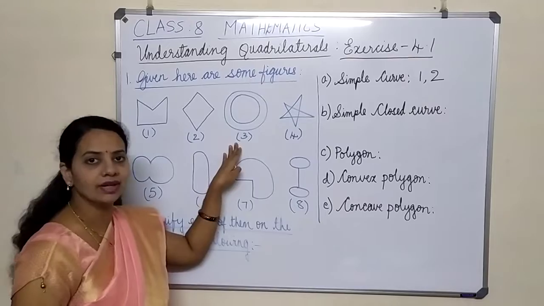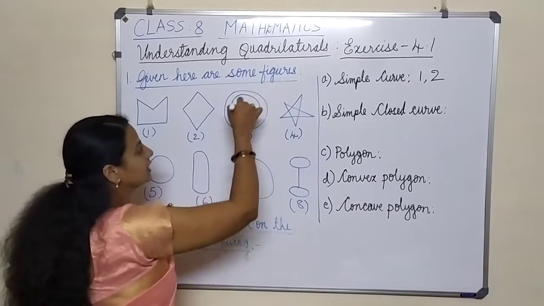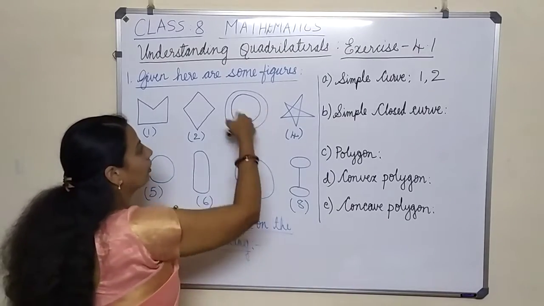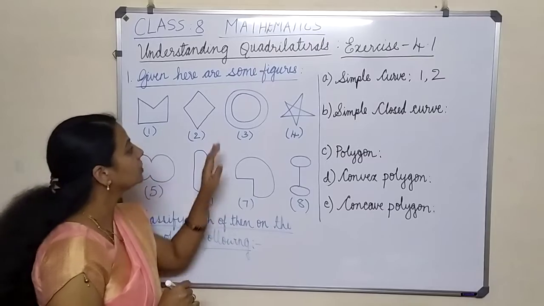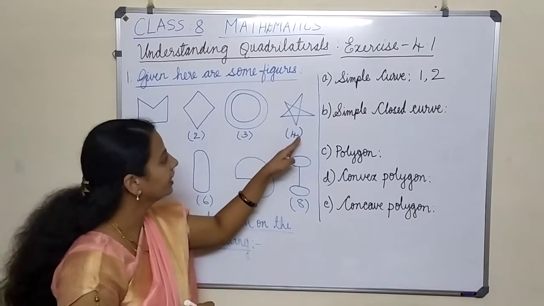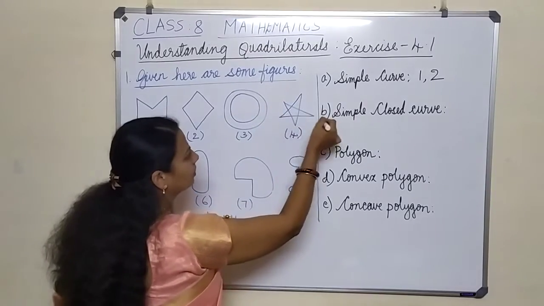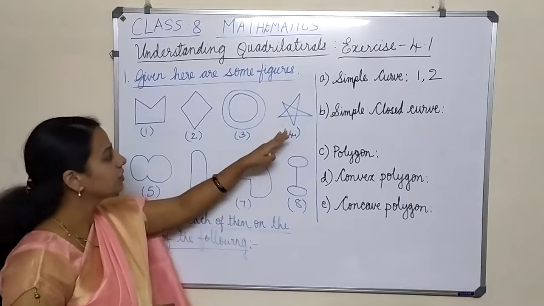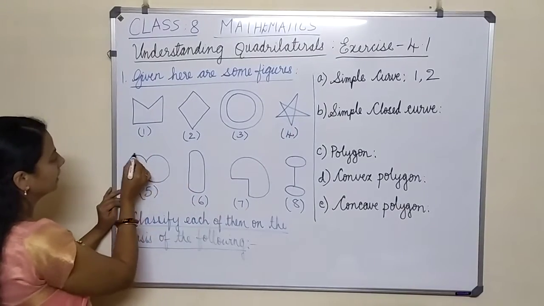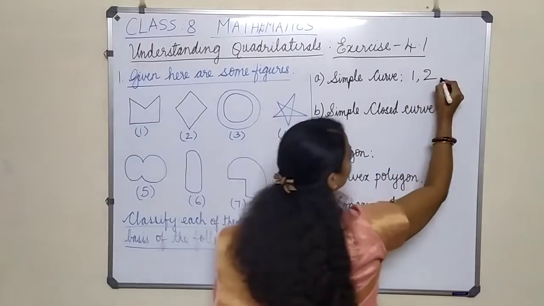Now look at this third one. Is it a simple curve? You have 2 circles here. Obviously you have to lift the pen, right? Lift your hand to draw these 2 circles. So this is not a simple curve. And the same way, this looks very complicated, right? You have to start from this point, go the other way. So this also is not a simple curve. Now coming to this one, look at this. This comes under simple curve. Okay, so I'm going to write here, fine.